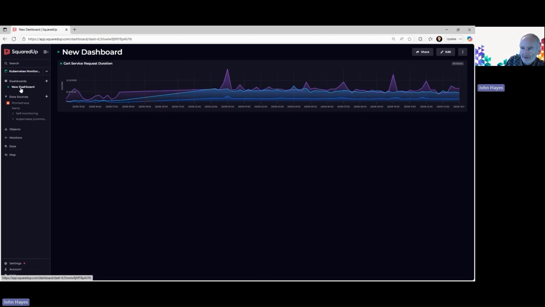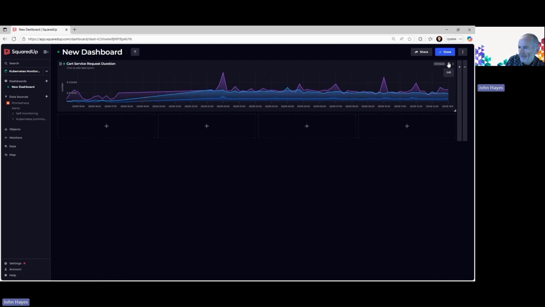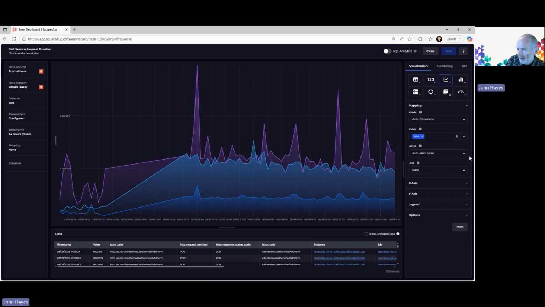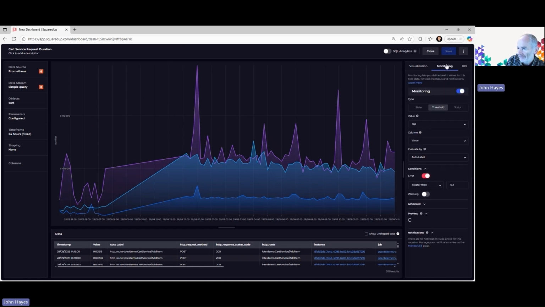Now, if we go back to our dashboard, at the moment we have got our monitor, and we've also rolled it up to our workspace, but we might also want to use other methods for alerting people that the threshold has been breached. And again, that's really easy in SquaredUp. We can really easily set up alerts. So if I go to edit this and I go to my monitoring tab again, you can see down the bottom here, I can set up notifications. And so if I go to,